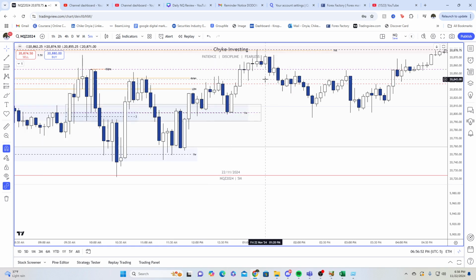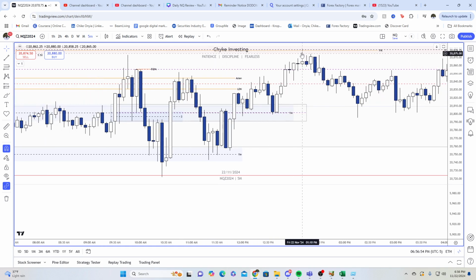We have a target. The most important thing: you cannot take a 22 model if there is no bias on where you want price to go. That is pointless. That is gambling, okay? So it gets to PM. Once you get there, I'm out of my trade. Quick 1 to 1.5R. Price then, you see, starts breaking off.